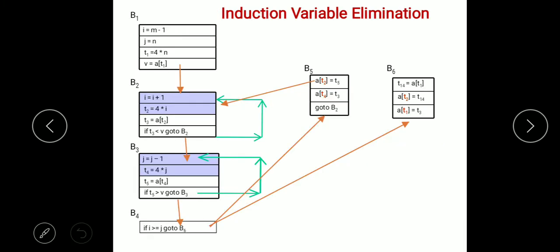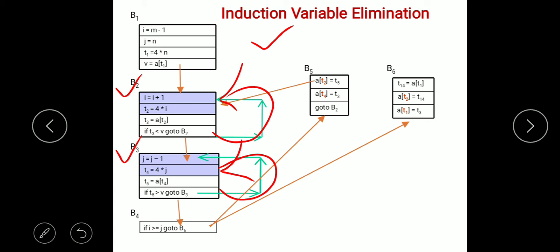Suppose this flow graph has been given to you, and you have been asked to identify induction variables and thereafter eliminate them. How to identify them? You need to identify basic blocks having a loop. You can clearly see basic blocks B2 and B3 have loops, this loop 1 and this loop 2. Within basic block B2 you can notice I and T2.